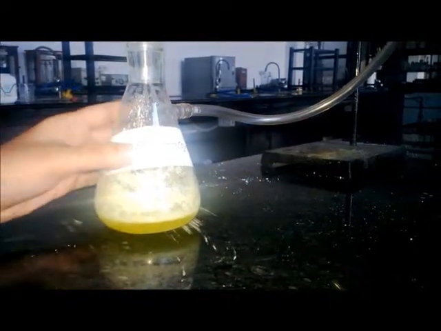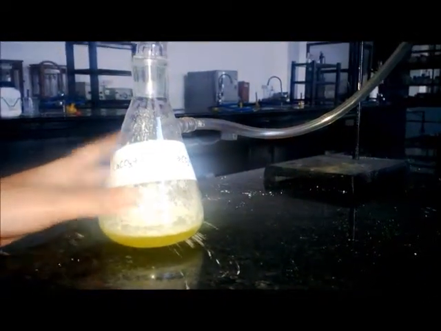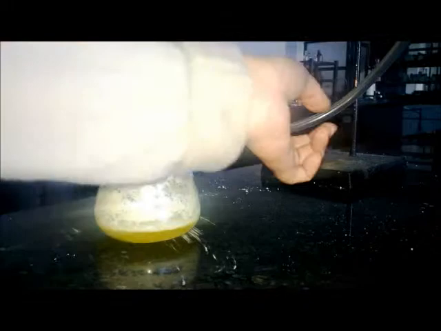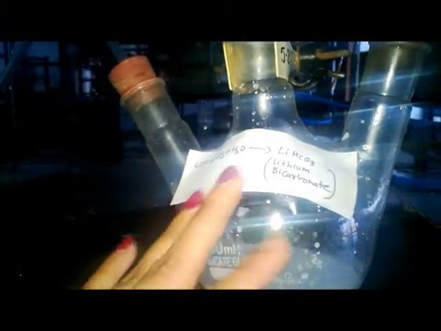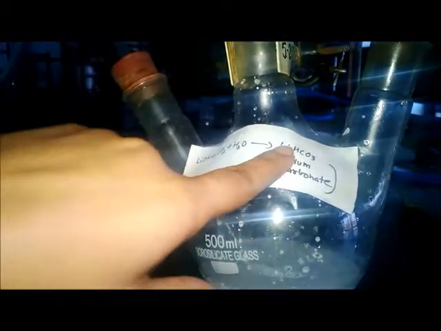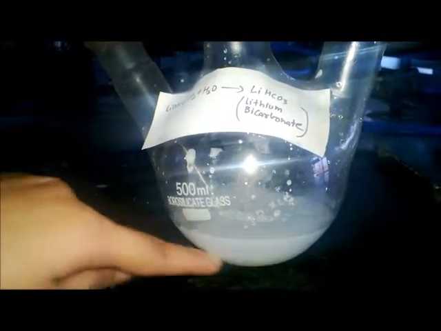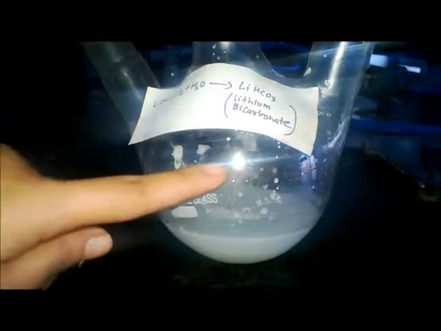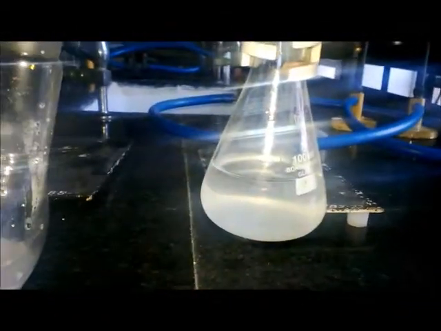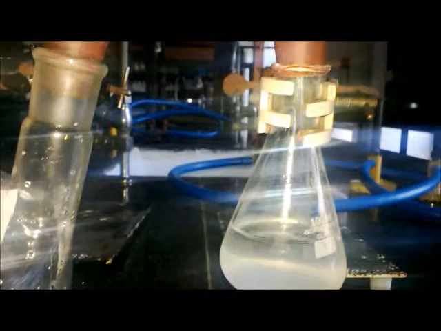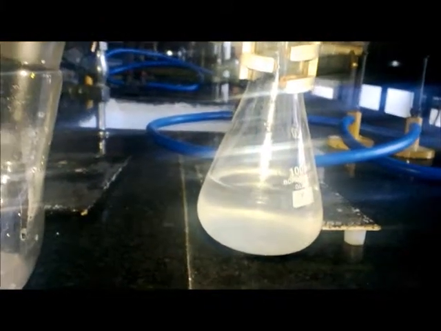Calcium carbonate reacts with HCl and they are giving carbon dioxide. The carbon dioxide released from here is passing from this tube over here. In this RBF, we have already placed lithium hydroxide, which on reaction with carbon dioxide liberates lithium bicarbonate solution. So as you can see here, the lithium bicarbonate solution has been formed. Now we are checking by placing an indicator over here whether the gas liberated after reaction with the lithium hydroxide contains carbon dioxide or not.